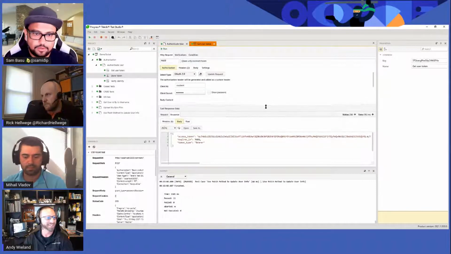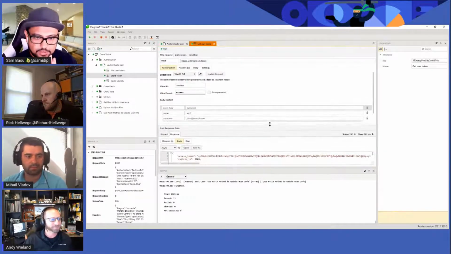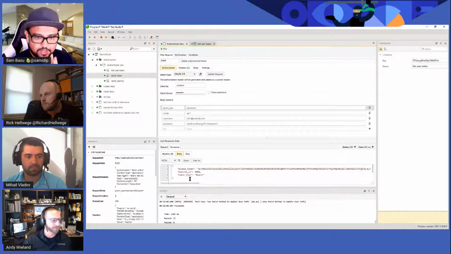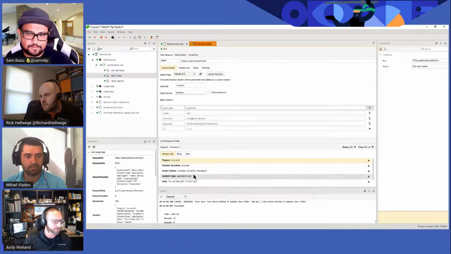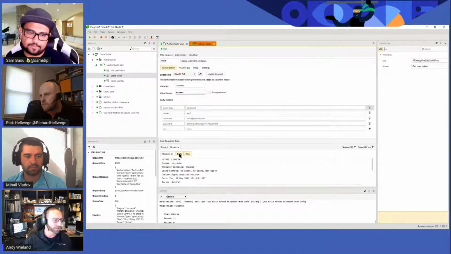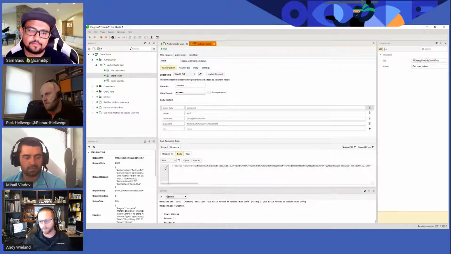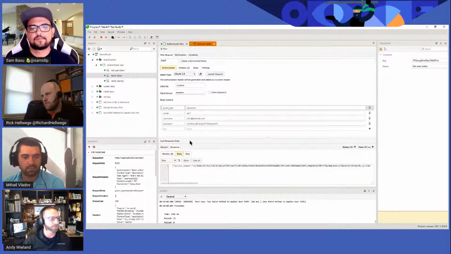Okay, looks like you did make a request. You got some access tokens in there, and you got a response back. Exactly. So we can go through and see the headers, the body, the raw. We also have the JSON formatted, the XML format of the raw as well here. And you can see that we've made a request and received a response.